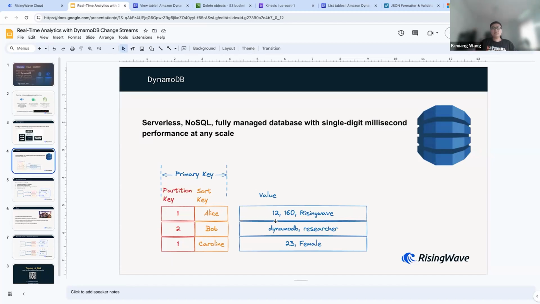And they also have the value part. In DynamoDB, there's no constraint or limitation on the value. It can be anything. For example, in this example, it may include something like age, height, the workplace, your occupation or your gender, something like this. But there's no constraint. It can be anything. It can be a list or JSON or just empty. So this is DynamoDB,